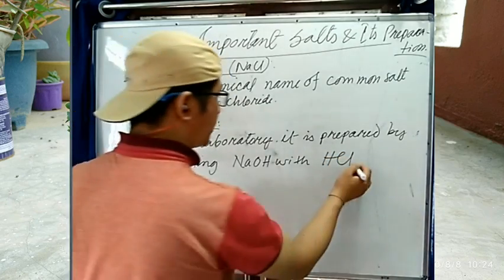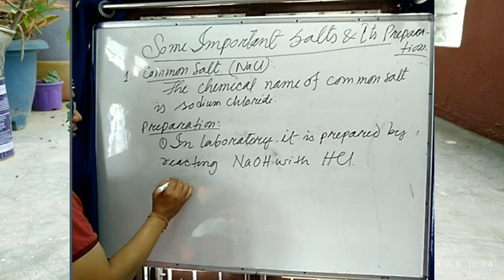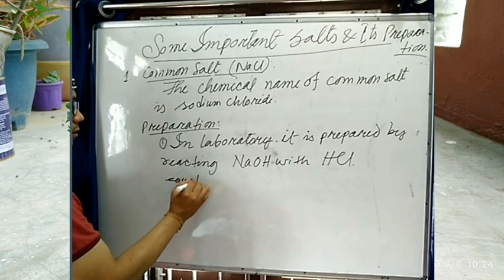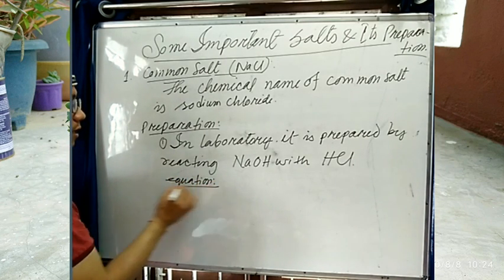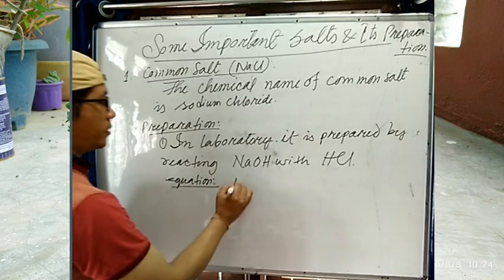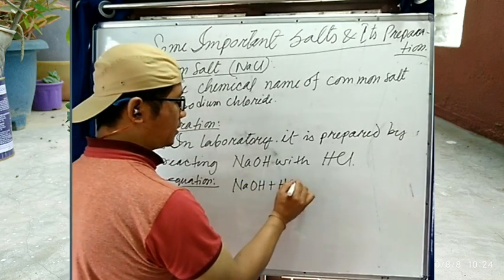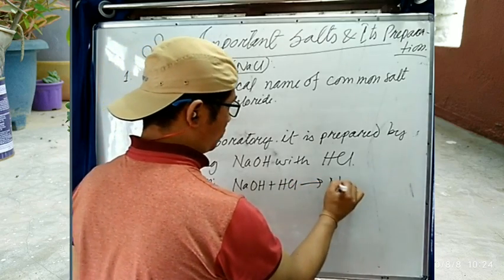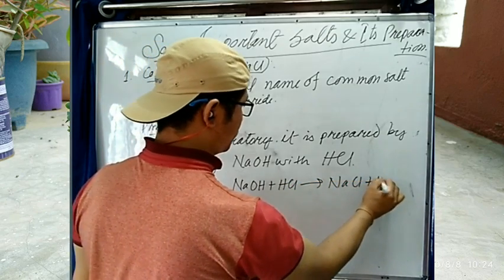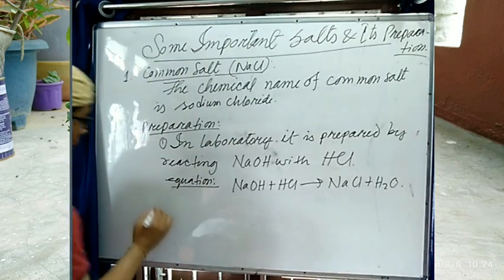I will not write an example here, I will write the equation. The equation is sodium hydroxide plus HCl gives sodium chloride plus water. And number two,